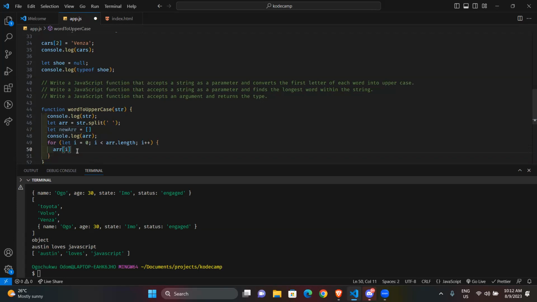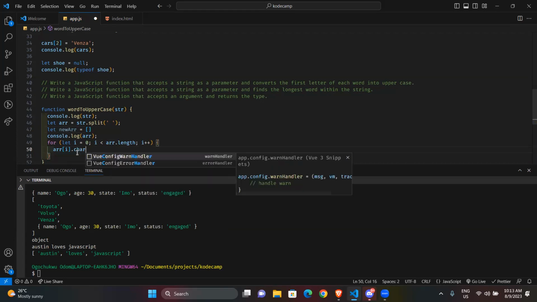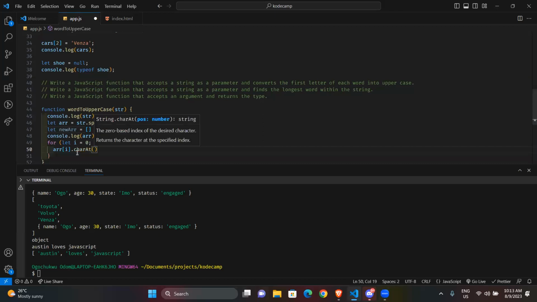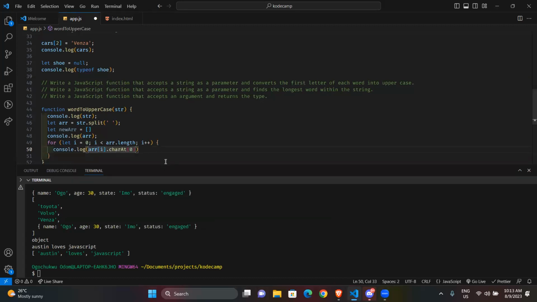So each word is actually going to pass through this. But then I need the character. So character at 0. Let me just do this, console log. All right, slow and steady.